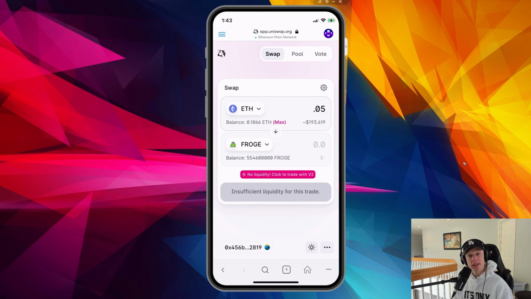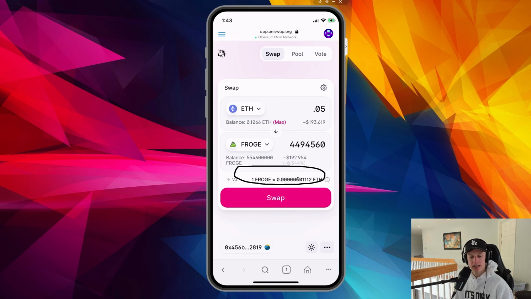But once you type in the amount that you want to convert, you'll see this little pink warning pop up: no liquidity, click to trade with V2. You're going to want to actually click that. And now you'll see the froge populate. So for our 0.05 Ethereum, which is the equivalent to 193 US dollars at the moment, we can get roughly